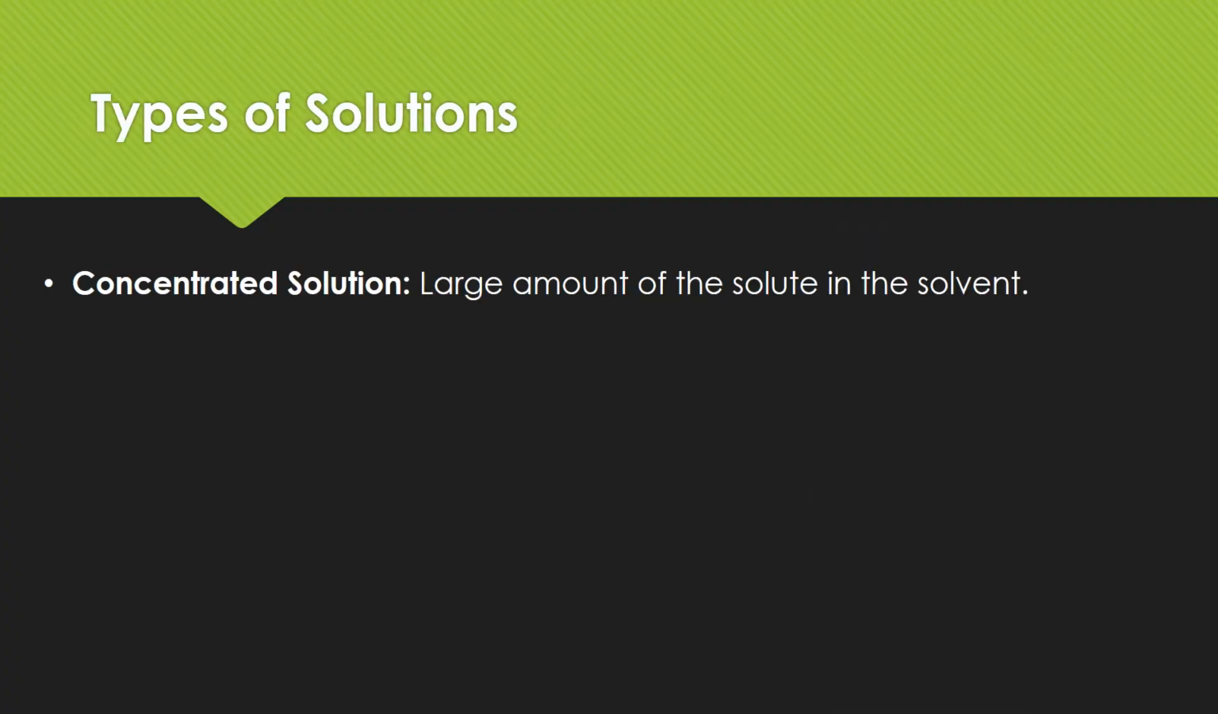So, types of solutions. There's actually more than one type of solution, and we're going to look at them today. The first one we'll look at is a concentrated solution. This is when we have a large amount of solute, the thing that's dissolving, in the solvent, whatever is dissolving it. A good example of this could be if you were making a glass of Kool-Aid and